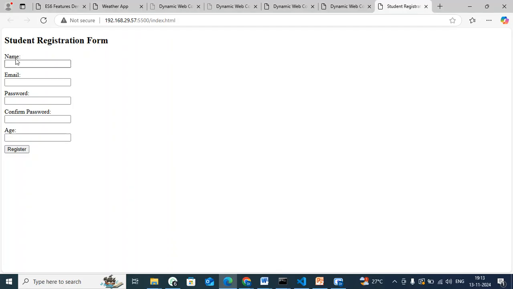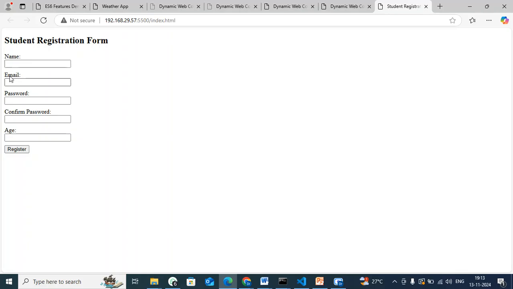This text input is associated with the name that we have given for this input text, and that has to be associated with this label, where in the label we create a label for, and in that for we have to give the name of this input text area.